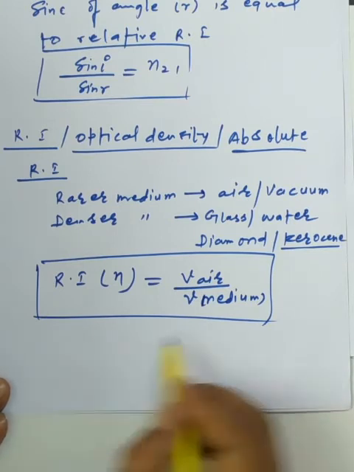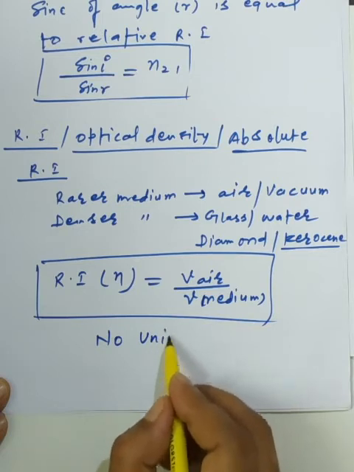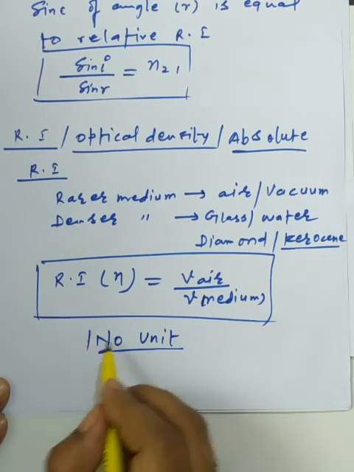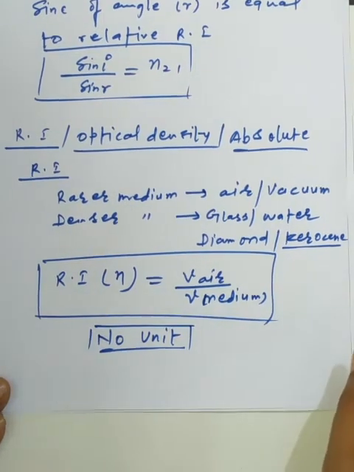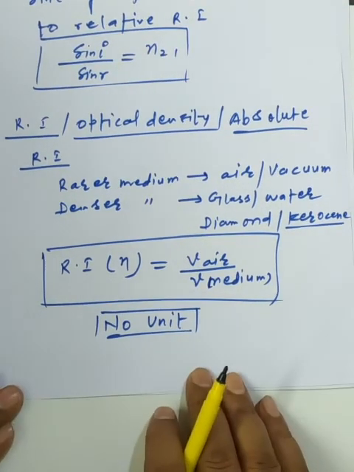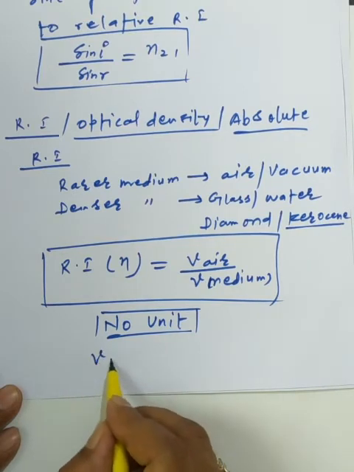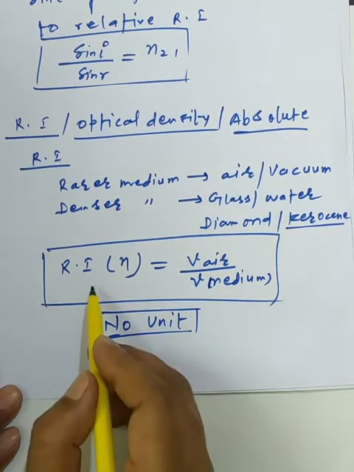So what is the unit? Simply it is a ratio. So refractive index has no unit, students. It is one of the important facts you must learn, because it's simply a ratio. And someone is asking to represent the velocity of the light in reference to the refractive index of the medium. So the velocity of light in the medium, we are using the general mathematics.